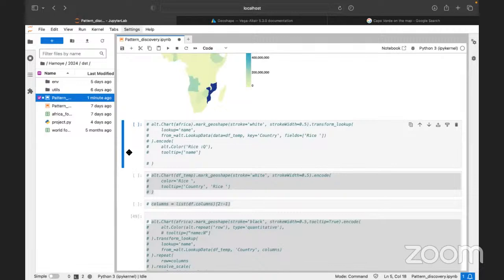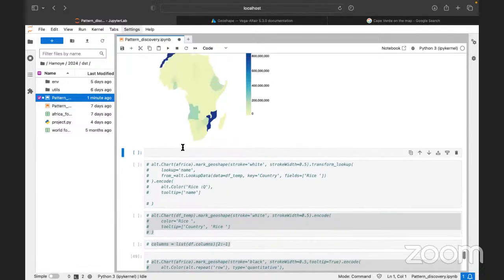This is how analysis can lead us to either see patterns, or it can lead us to see possible issues with our data sets. So in this case, I'm just going to inspect